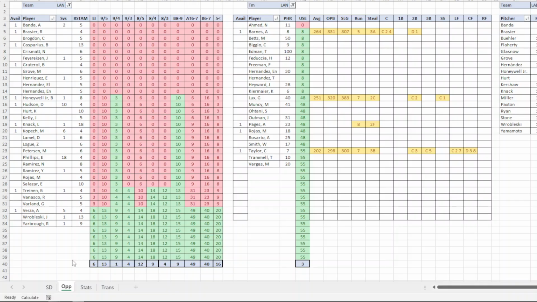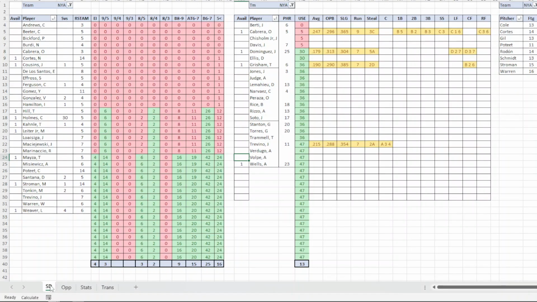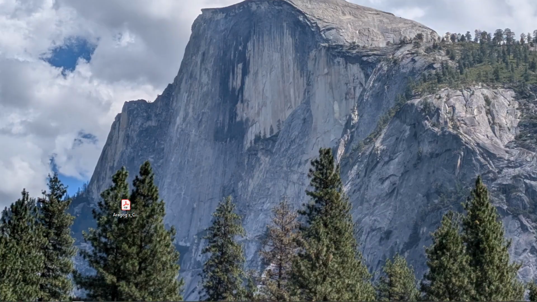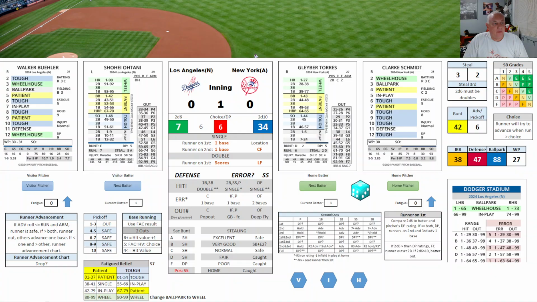So let's see, the Yankees have Clay Holmes as a closer. I wonder why it says 0. I probably have to update it. There we go. You can see that his number would be a 35 out of a possible 37 that he's going to be the one in there. So anyway, it picks a random number for the relief pitcher and for pinch hitters. So I kind of do that. That's one of the things I do.